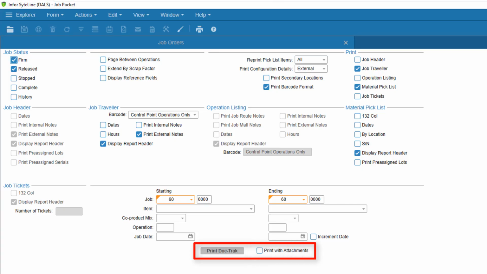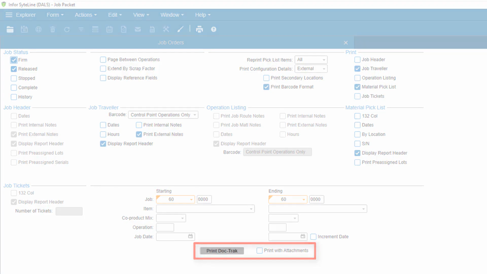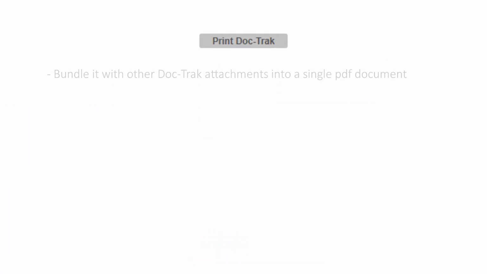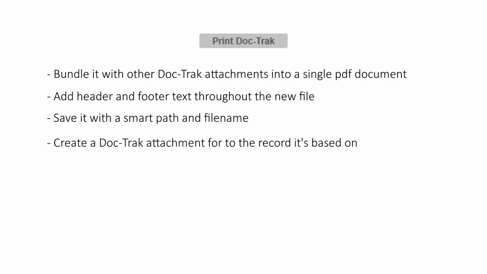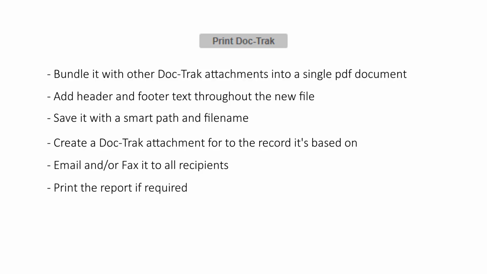When you select the Print DocTrack button, DocTrack will take the report generated by Sightline and bundle it with the other appropriate DocTrack attachments into a single PDF document, add header and footer text if required throughout the new file, automatically save it with a smart path and file name, create a DocTrack attachment for it to the record it's based on, automatically email or fax the document to all appropriate recipients, and even print a hard copy if it's required.